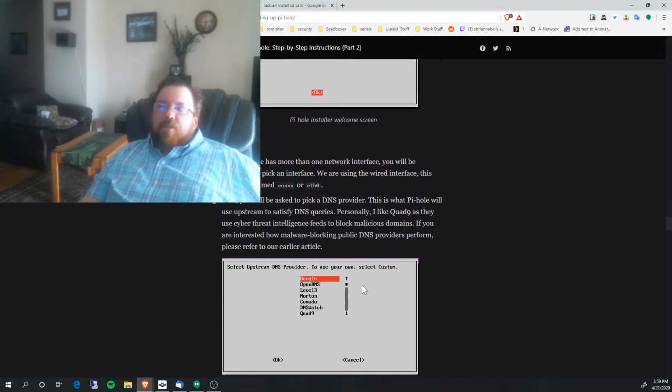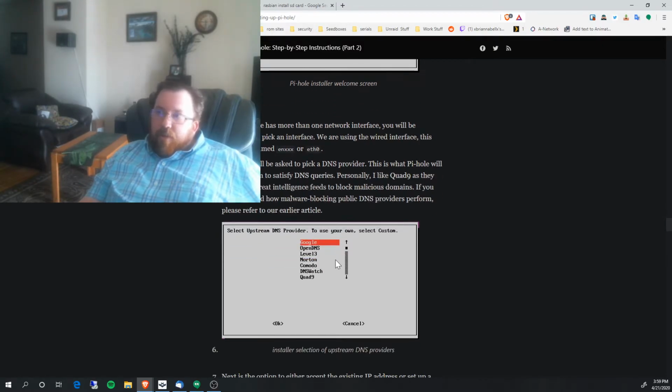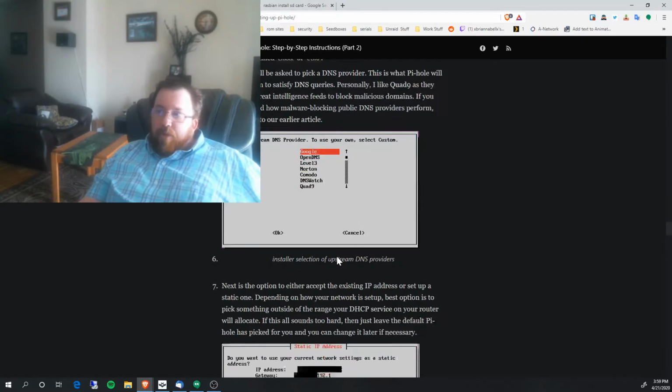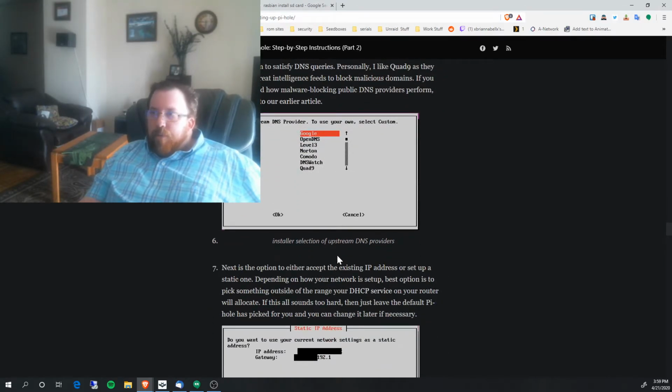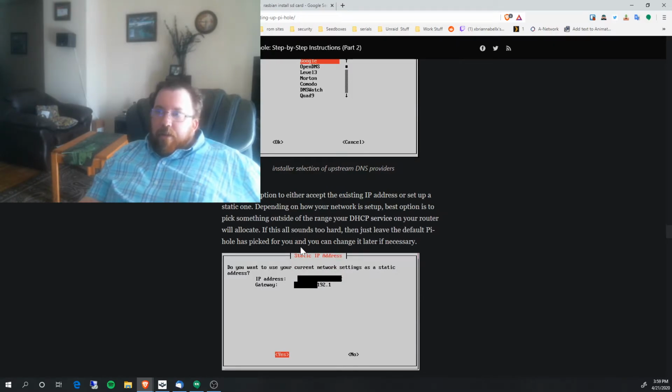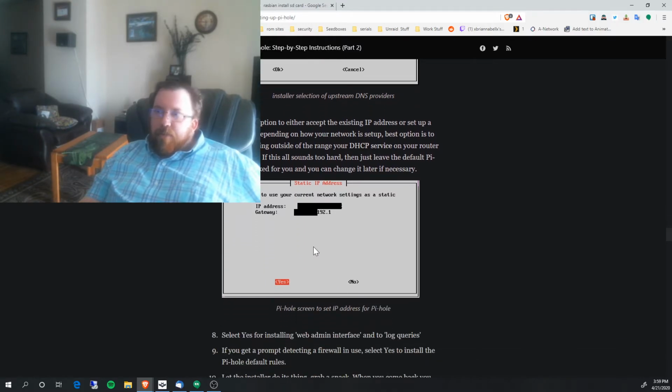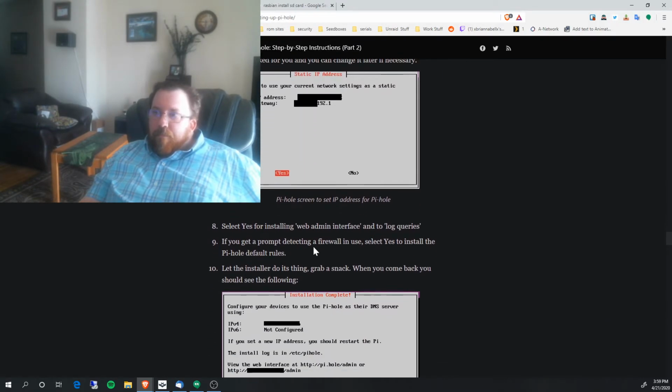At that point in time, it's going to give you an overview of what DNS provider you would like to use, whether it's Google, custom, DNS Watch, there's quite a few different ones. I went with the default of Google. Doesn't mean that you have to yourself. Then at that point in time, like I said earlier, you are going to want to put in the IP address that works correctly based off of your network scheme. So whatever that IP address is, go ahead and click OK for that.